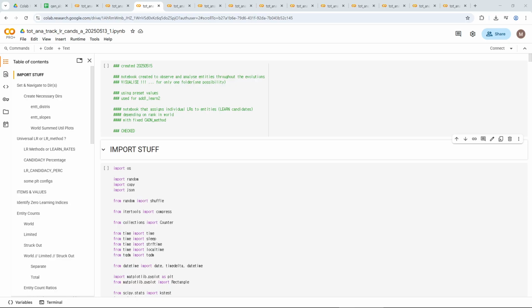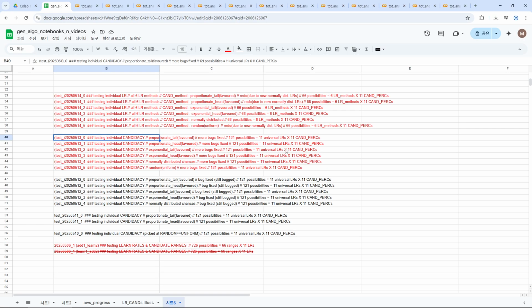Okay, I'm back. As I quickly scrolled through, you might have seen the plots, but here I go anyway. So this notebook is 2025-05-13_1. This is where the candidate method is proportional head,